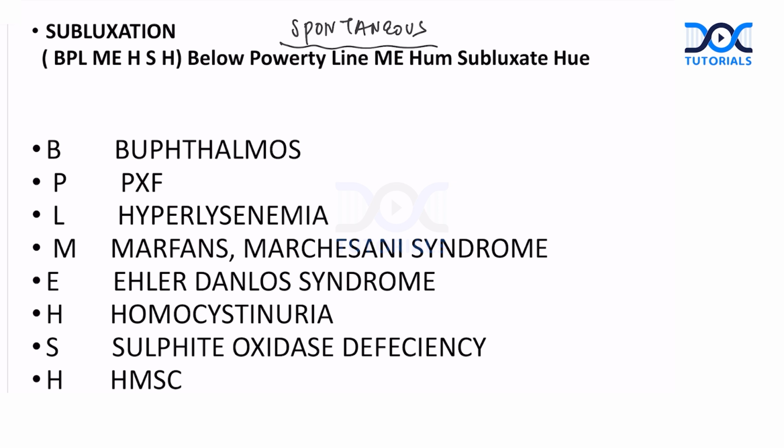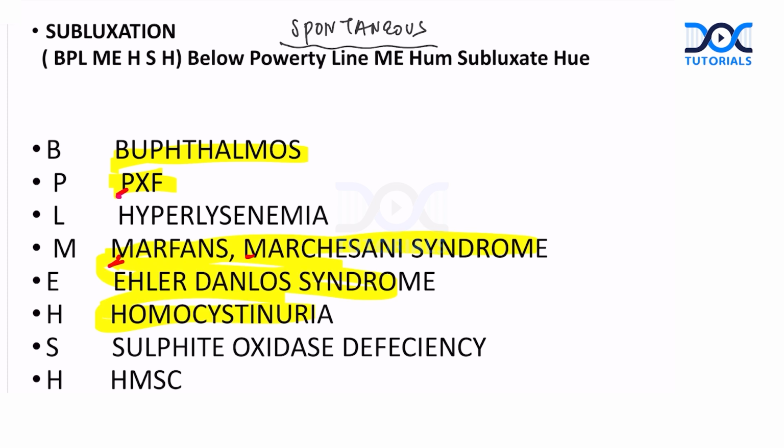So, this can be very easily learned with a mnemonic. That's a Hindi mnemonic, guys. If you can manage with that, below poverty line, hum subluxate hue. So, this is related to subluxation, that I have gone so poor below poverty line and I subluxated. So, if you can remember this much, good enough. If you can't, you have to remember at least this. So you will say, ma'am, you are marking the entire thing. Yes, I am. Okay. So every word is a question here.